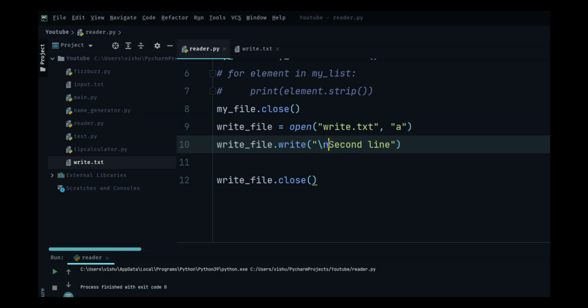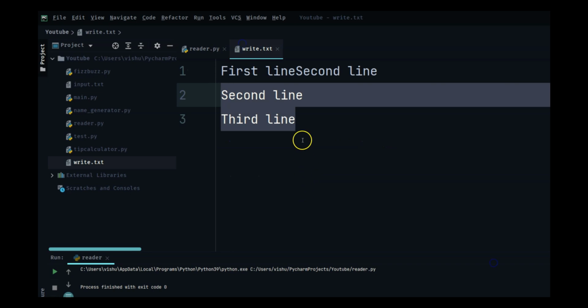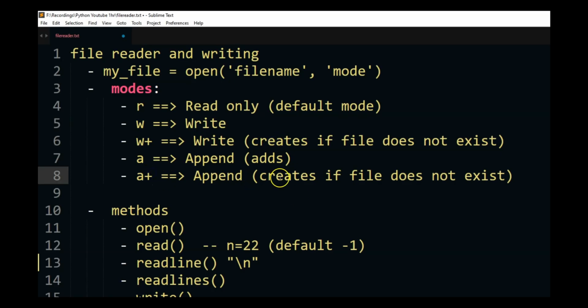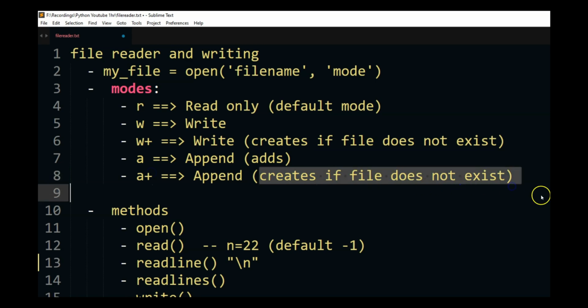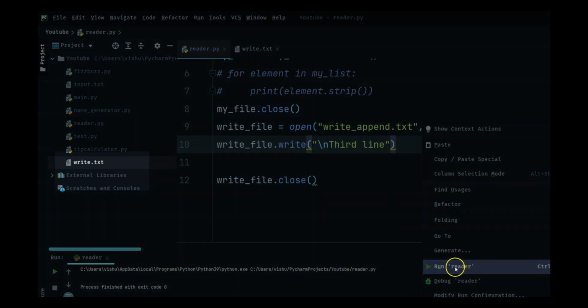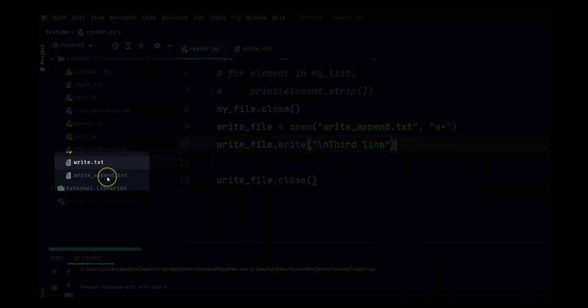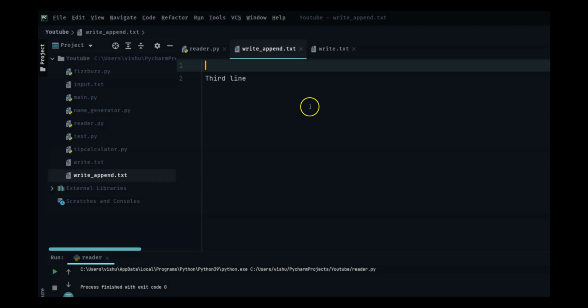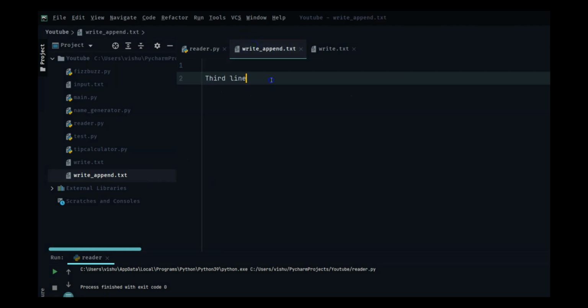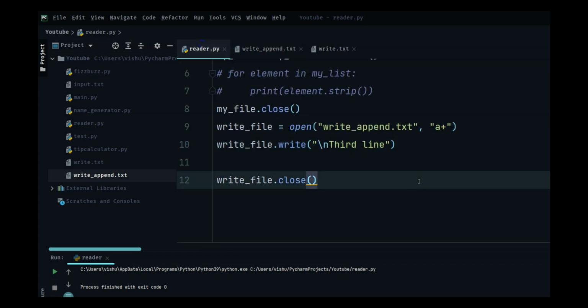And if I want to append, I will do third line, and this is going to write the third line. And what else do we have? Append plus is also creating a file if it does not exist. So I can do a plus, and here I will say write_append, and right click and run, and here you will see write_append, and I can open, and there's a \n, which is this, and then there's the third line. So this is how you write